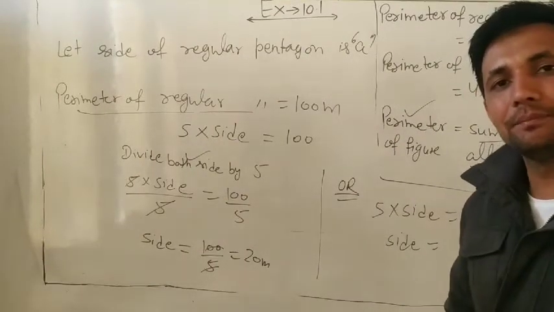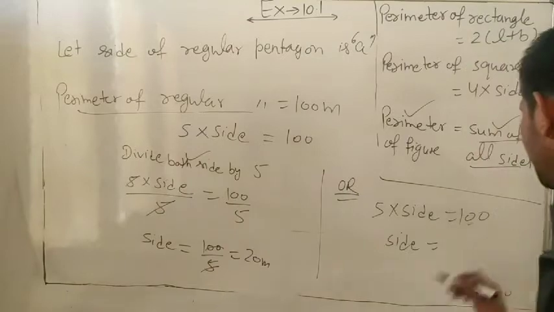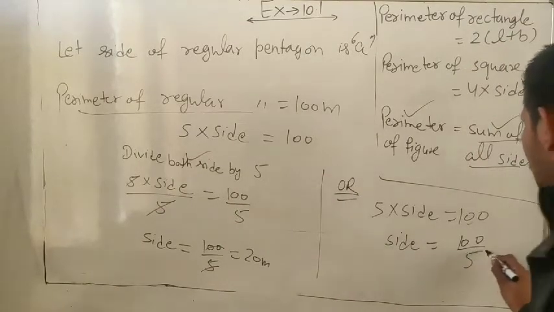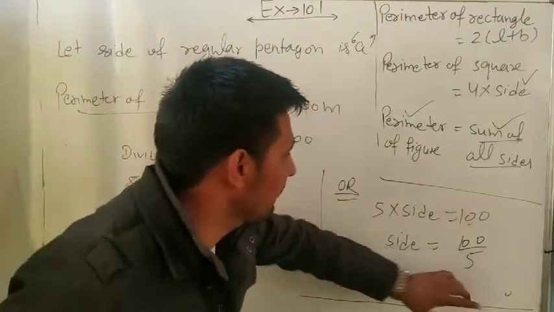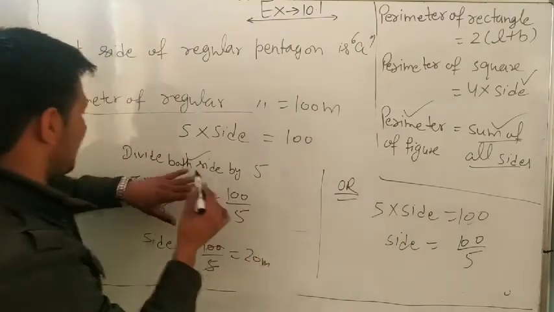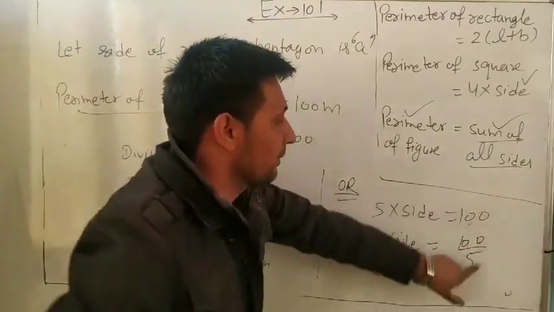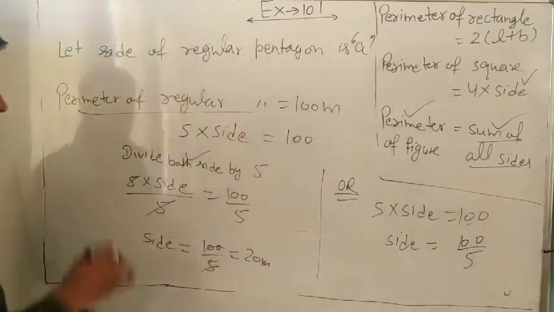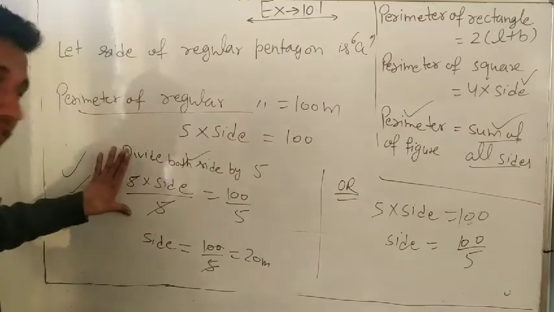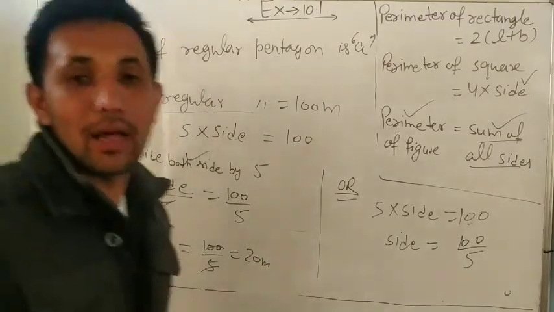Multiply on one side becomes divide on the other. 100 divided by 5. Look, 100 by 5. What did I tell you? The 5 on the other side becomes divide, so 100 by 5. So it is removed. Otherwise you can use this original method. Okay, so it is your answer.